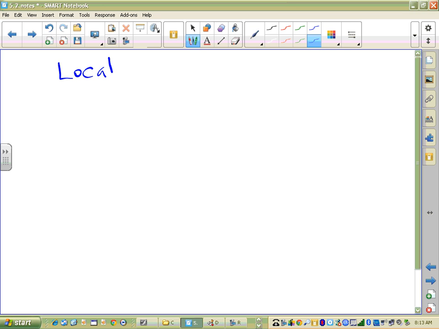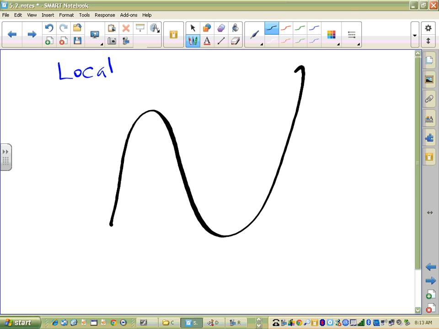So what's happening in this last graph, the graph does something like this, and it does something like this, and it does something like this. When I refer to the word local, talking about a polynomial, what I'm talking about is this thing here and this thing here. And we're going to throw a couple more words in addition to local. We're going to say